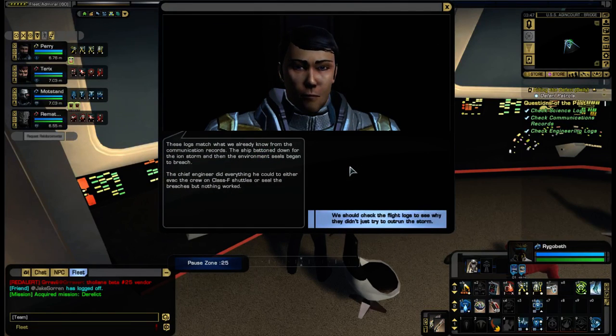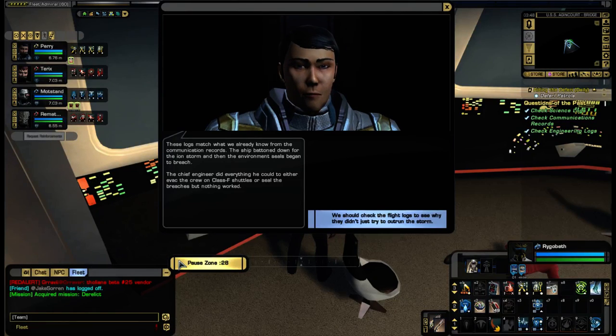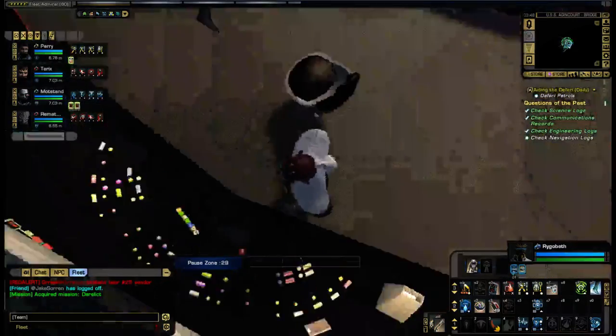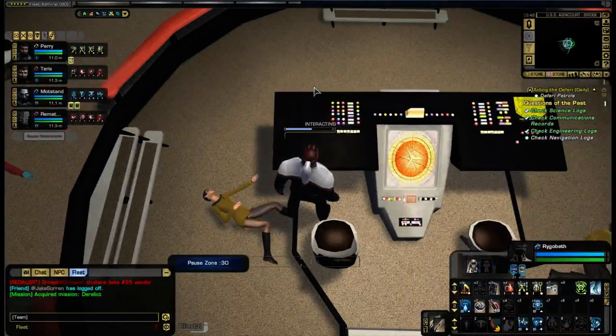These logs match what we already know from the communications records. The ship battened down for the ion storm, and then the environmental seals began to breach. Chief Engineer did everything he could to evac their crew to Class F shuttles or seal the breaches, but nothing worked. We should check the flight logs to see why they didn't try to outrun the storm. Because, you know, ion storms are slow. You can just go to warp. Unless...